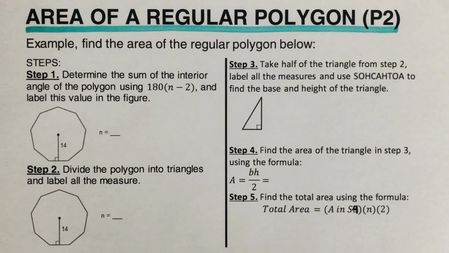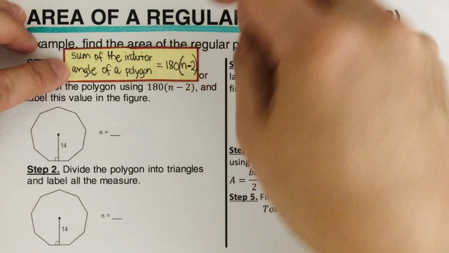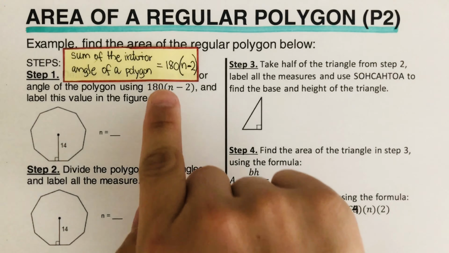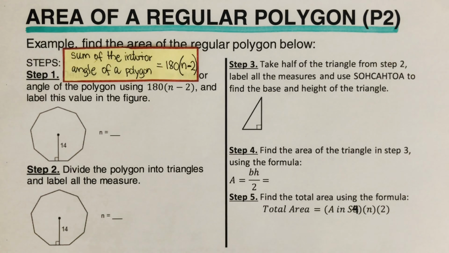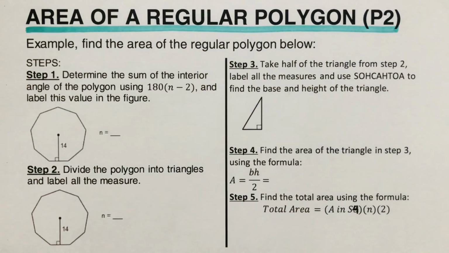Okay, so please remember that there was another video that talks about the sum of the interior angles of a polygon, which has a formula of 180 times n minus 2. I will put the link of the video in the description box below, and we are going to use that